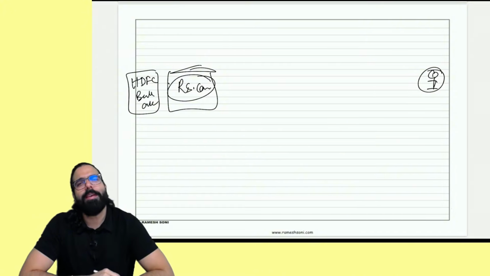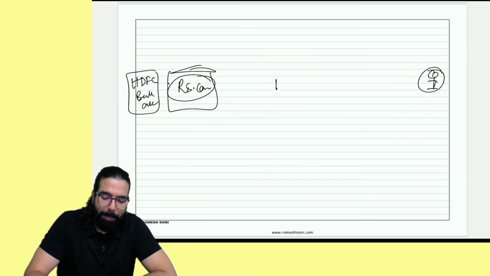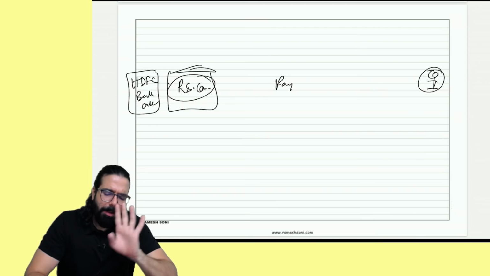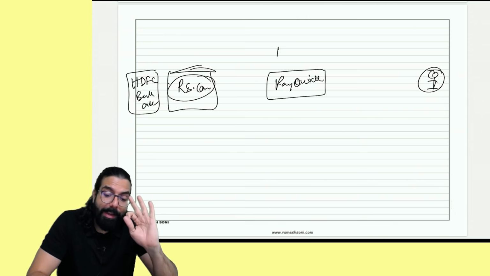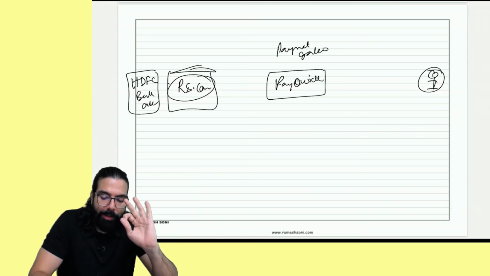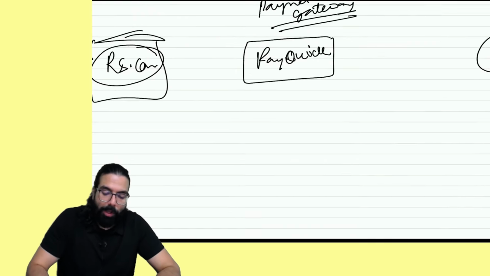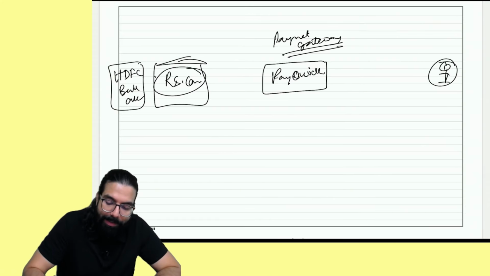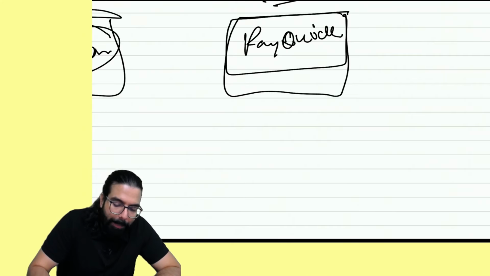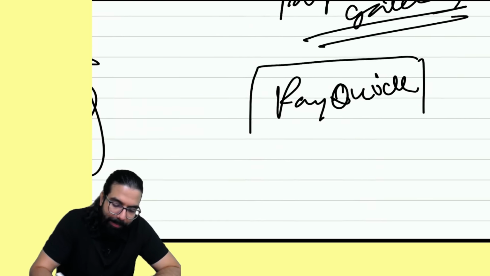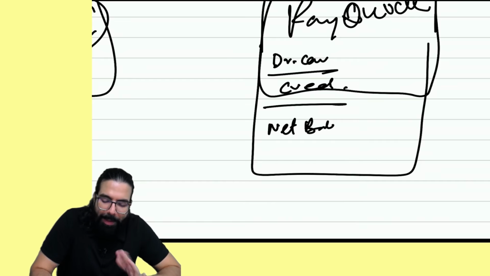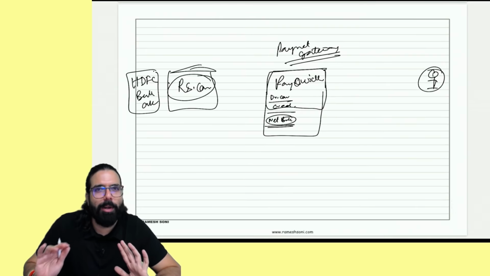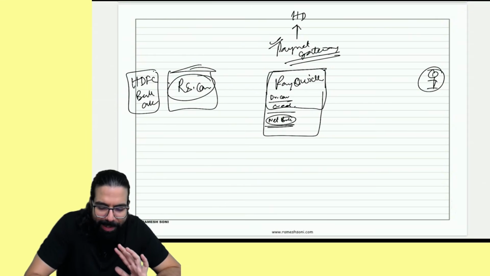What did HDFC tell? HDFC told, sir, we have an app called PayZapp. Sir, we have something called PayQuick, which is a payment gateway. Payment gateway, listen to me very carefully. In a payment gateway, what happens? HDFC Bank has developed one payment gateway, wherein HDFC Bank is telling that a student can come, he can use his debit card, credit card, he can use net banking. Not many options will be there. Not all the options will be available in a payment gateway. This is a payment gateway which is developed by HDFC.